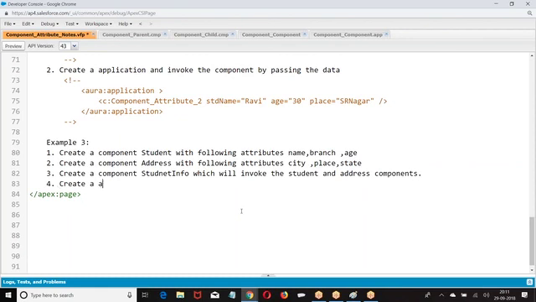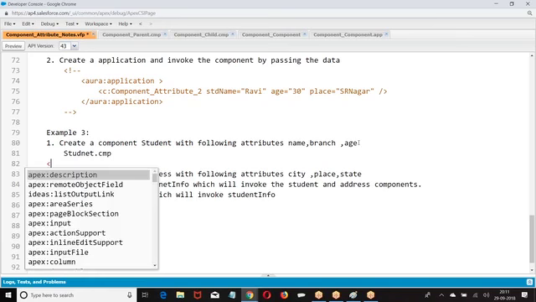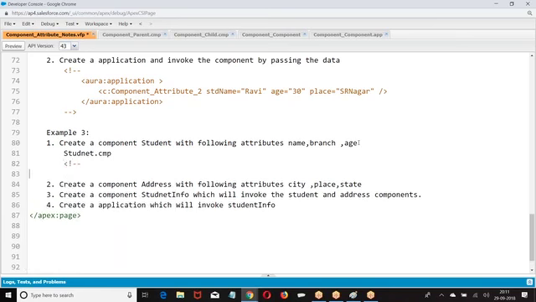Create an application which will invoke student info. So the first one we had was student.cmp, creating a student component.